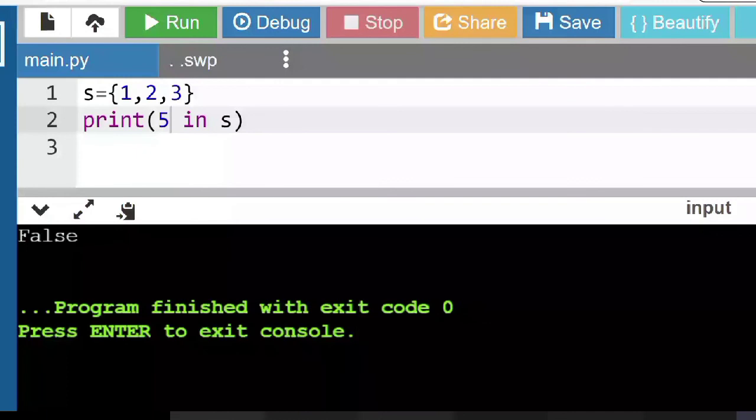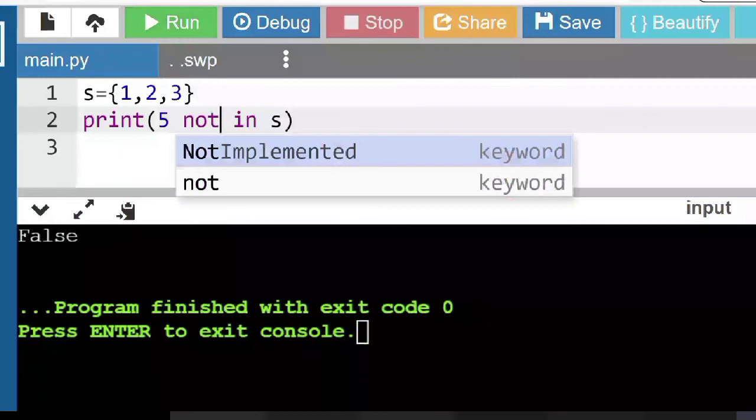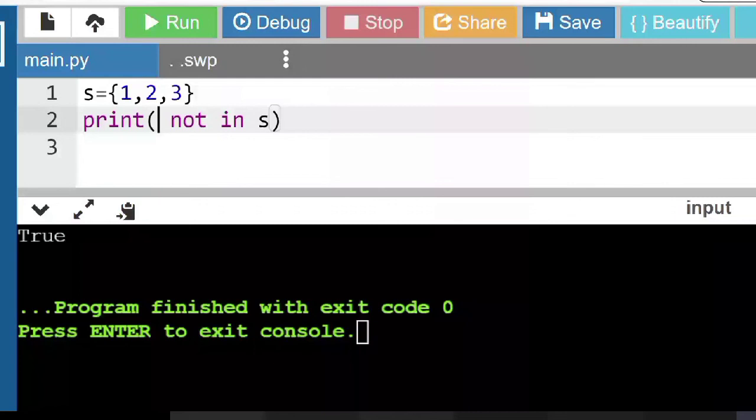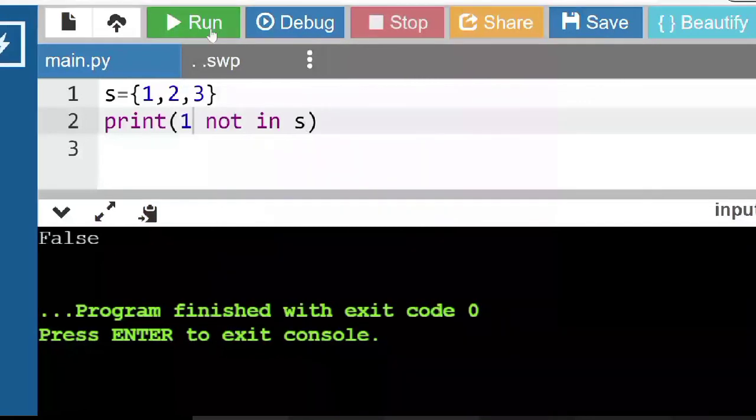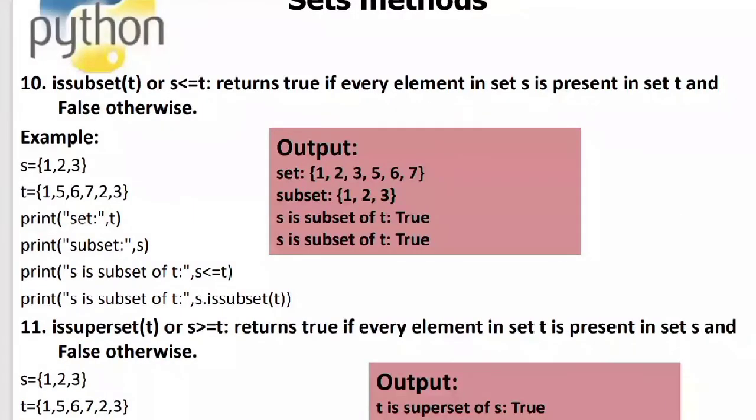And if I say 5 not in s, it says true. And if I say 1 not in s, it gives false, because 1 is there in the set. So these are the various kinds of membership operators that you can use on them. And there is a method called